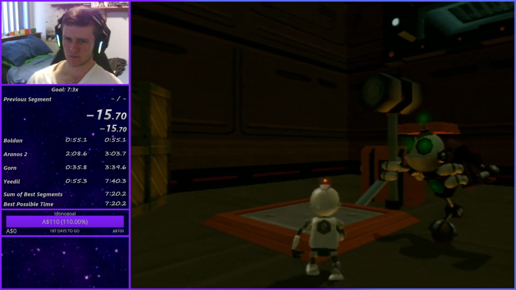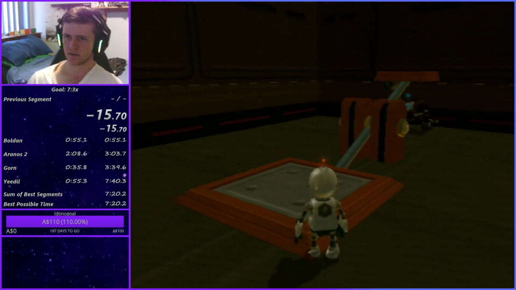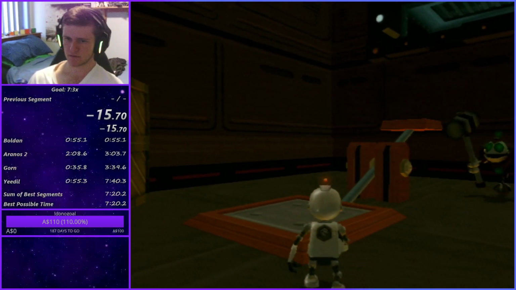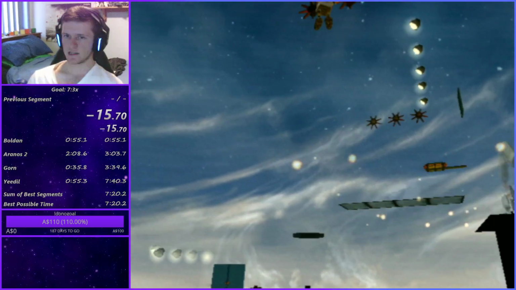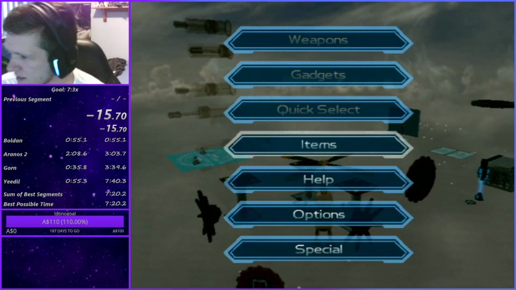Now, let me try and actually hit the proxy and then show you how to do the glide. Oh, bugger. So that was too late. As you can see, I still have some issue with it. This probably won't work. No, it did. Alright. So now you're going to get up here. You need to delay your glide. You see, I let Clank...